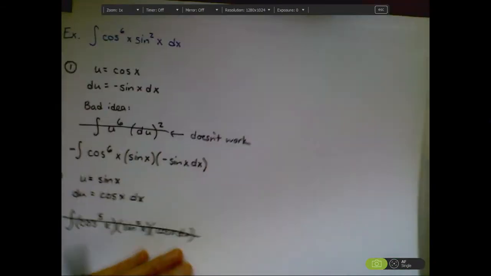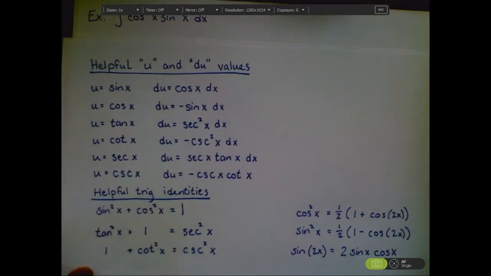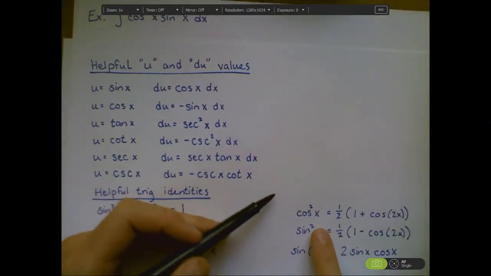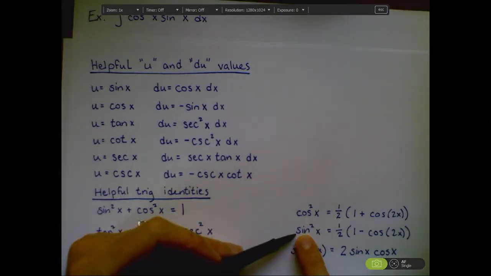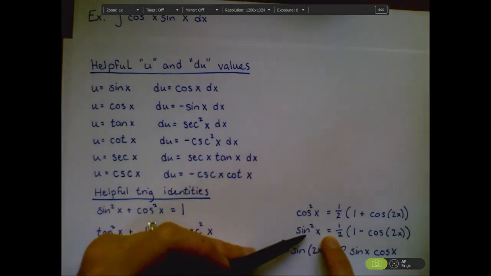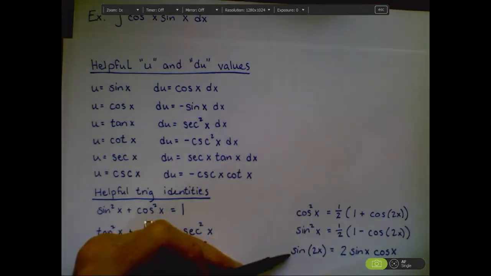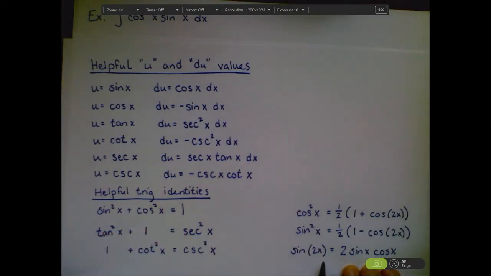So what's our final piece of clever? I'm going to look at our hint sheet, see if there's something in here that can help. And it turns out that maybe this is the way to go. If I turned my sine squareds or my cosine squareds all into the same sorts of things, then I would be able to do this. Or maybe I could use my sine of 2x times this to be able to do